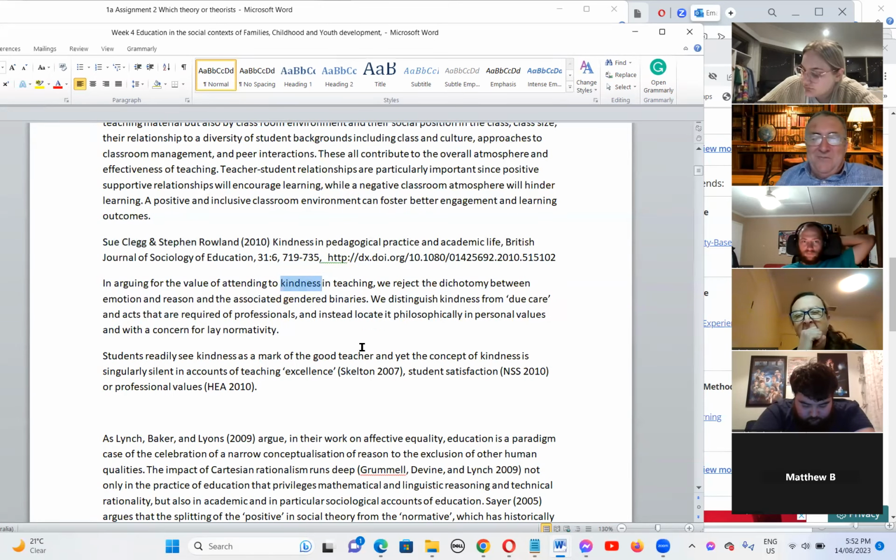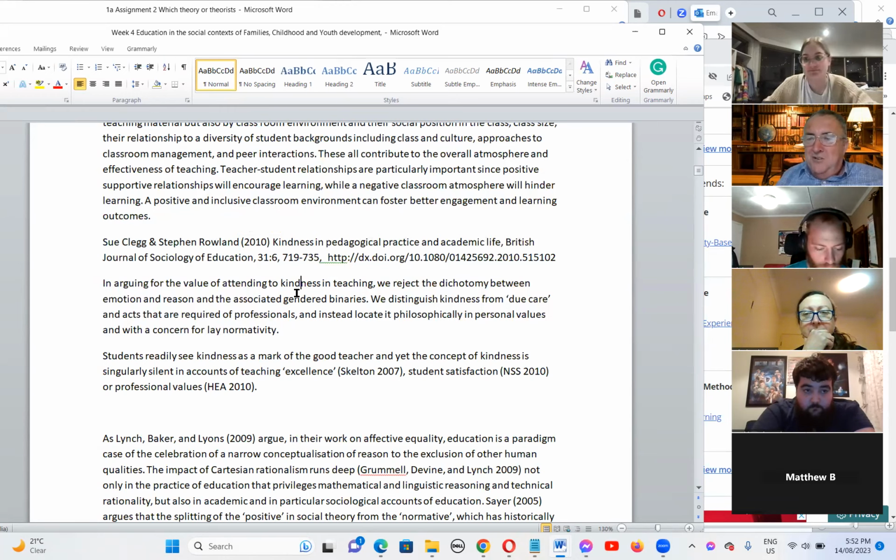Now, the question that was asked by Clegg and Rowland is, the administrators, which teacher would they value most? The one who handed in lots of reports and lots of measuring details and had a very highly developed curriculum, or the one who said, my main goal is to be kind to the children?